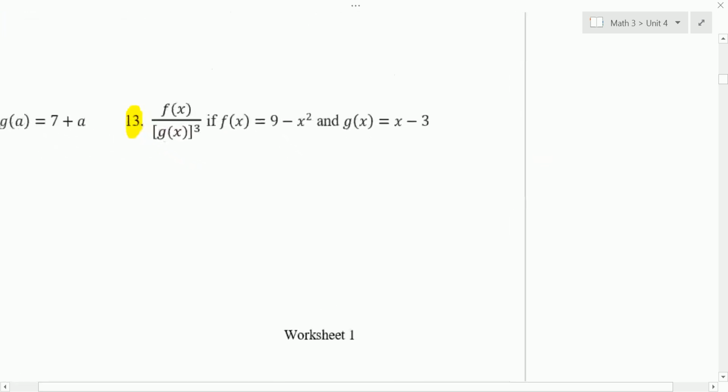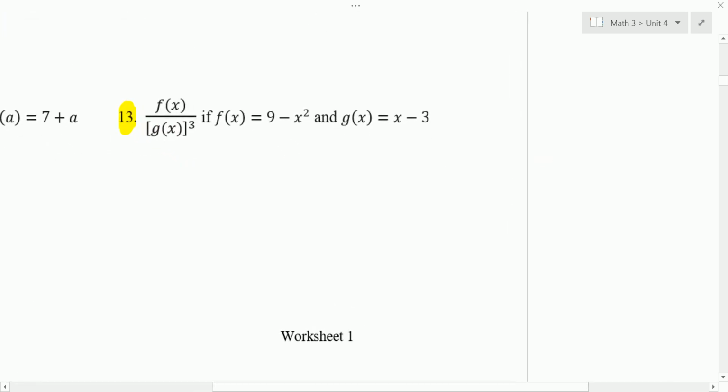Next, take a look at number 13. We have f of x over g of x cubed. F of x is 9 minus x squared. G of x is x minus 3, and that is to the third power. So we can factor the 9 minus x squared. That's a difference of two squares. That's 3 minus x times 3 plus x,